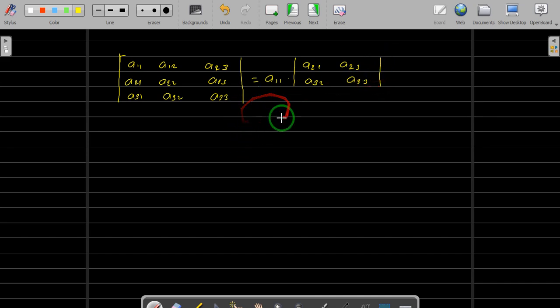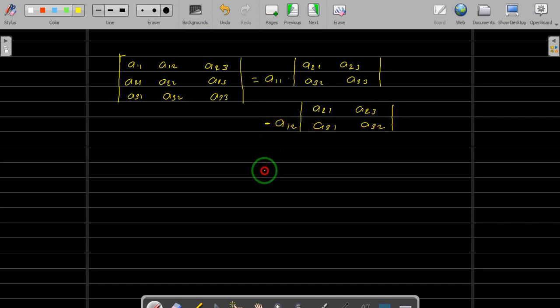Okay, then next you go for minus, alternate signs, you go with A12, that's the second element of this row, and then you multiply that second element by its minor. So you remove this row and this column, and the remaining elements are A21, A23, A31 and A32.